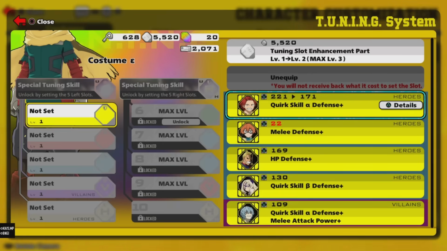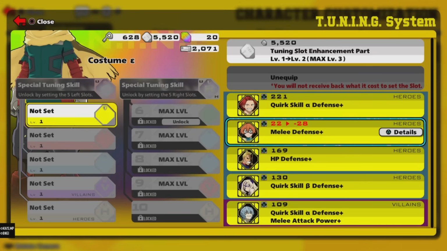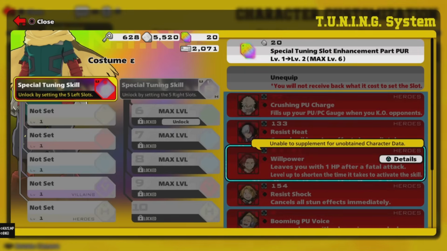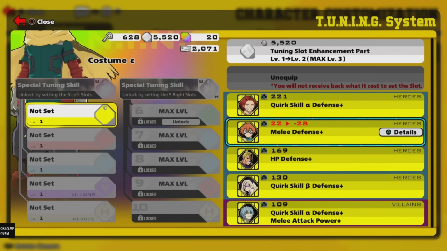Now then, to equip one of these perks, you need some character data for the character you want to do. As you can see here, I have 221 for Kirishima. It takes 50 to put them into these slots right here. It takes 100 to put them into the slots up top up here. If you don't have the necessary character data, as you can see here, I only have 22 for Kendo, but